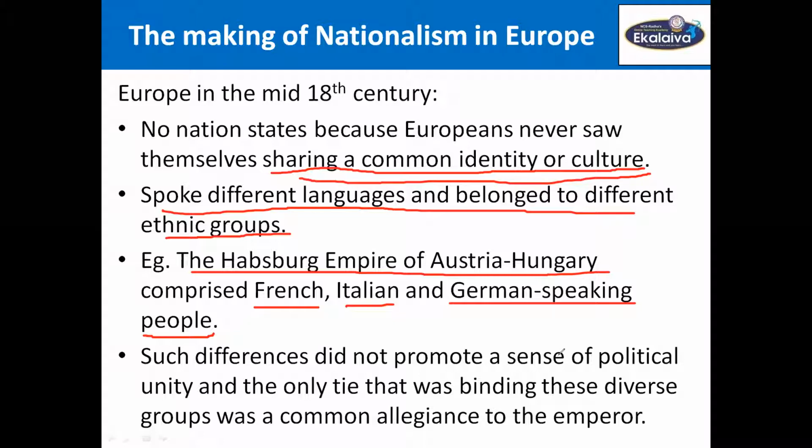So in Austria-Hungary, the Alpine regions, the Tyrol, Austria, Sudetenland, Bohemia, these are the German-speaking territories. And Lombardy and Venetia, Italian-speaking territories. And French was commonly spoken in Europe, so it was quite common. Apart from that, local languages were there, Magyar was there, a variety of local dialects were there, and in Galicia, the aristocracy spoke the Polish language. So there were lots and lots of differences, ethnically different,